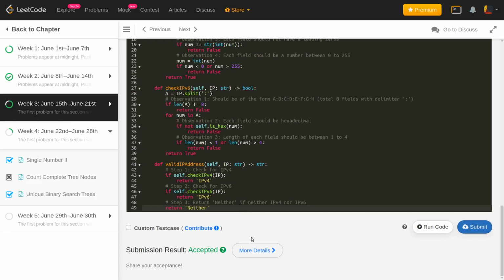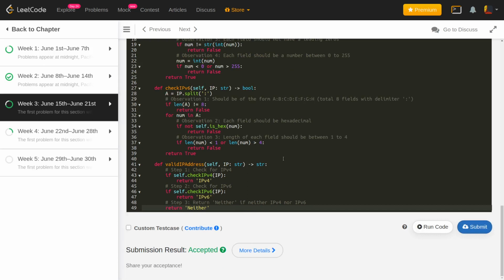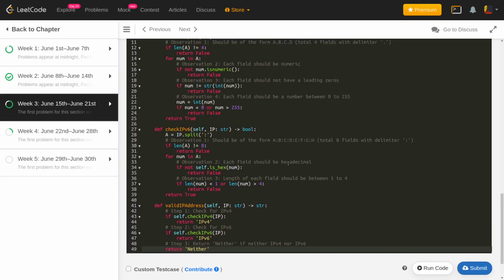Okay, so 2-3 things that might be useful for you. So the first thing is, whenever you have to deal with string manipulations, I really recommend you to use Python, because that's really useful whenever you have to do any string modifications or you want any inbuilt functions. Python provides you a really good set of libraries and functions which can be handy at times.